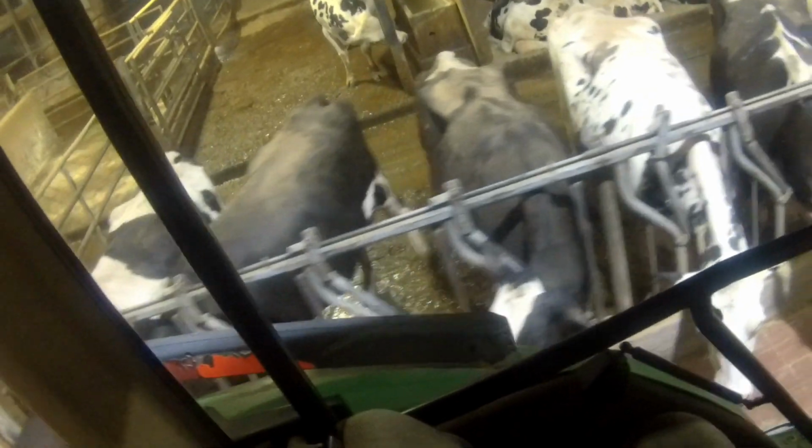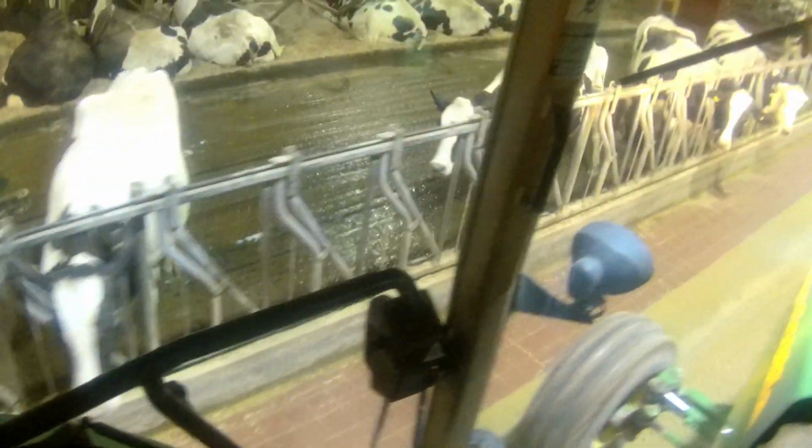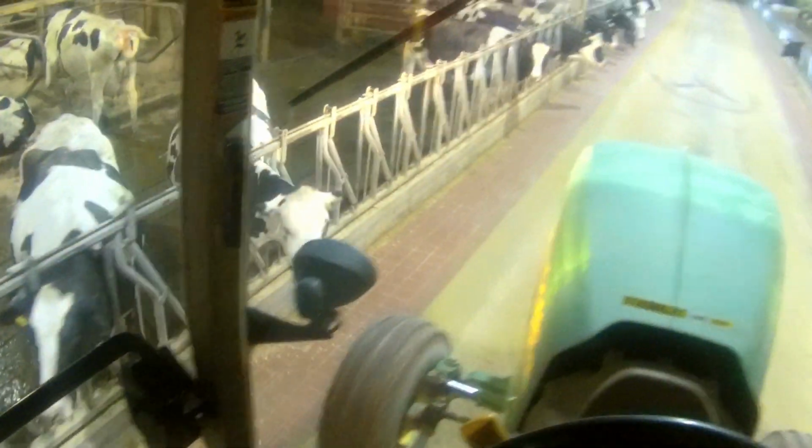The rest of this load will go off to this group that's on my left side, and then we'll start loading the heifer group, which is on our right here. That group on the other side of the feed alley there, or on the other side of the crossover that we just crossed over,